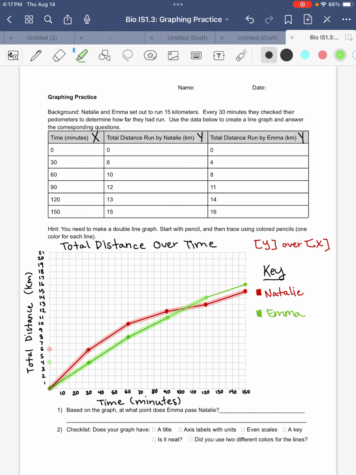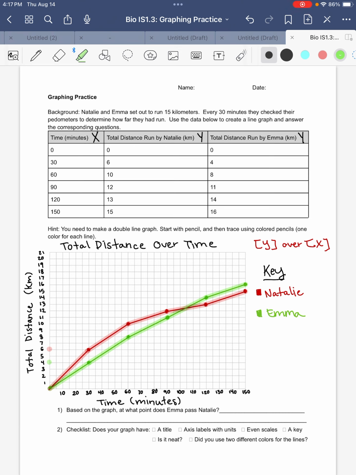And then in this 30-minute time chunk, Emma is also running faster than Natalie. And we can see that their lines intersect, which means that Emma has now surpassed Natalie. So now if they're running a race, she just ran right past her. Okay, and then at the end, you can see